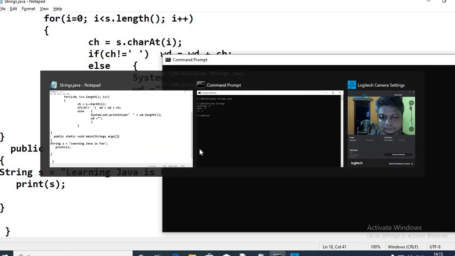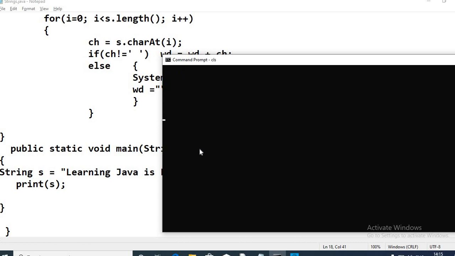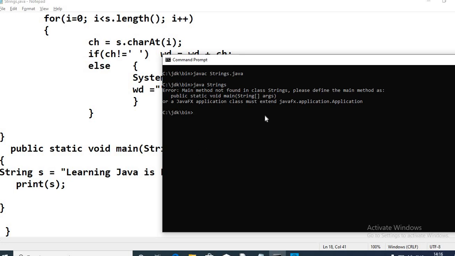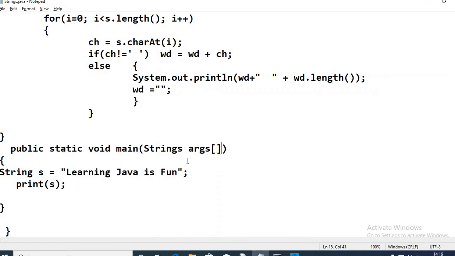So let's try to save it. I save the program, and once again I just clear the screen. I will try to compile it first. Any modifications in the source code, you need to save it again, and then you need to go on to execute it. So for execution, this is what we are writing. Okay, so see, it says main method not found, which means somewhere we made a mistake in the definition of the main method. So let's go on to